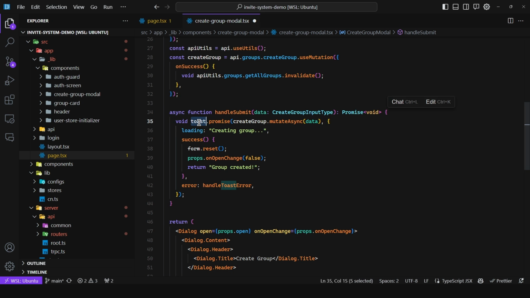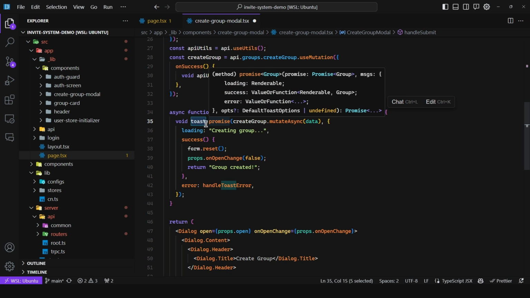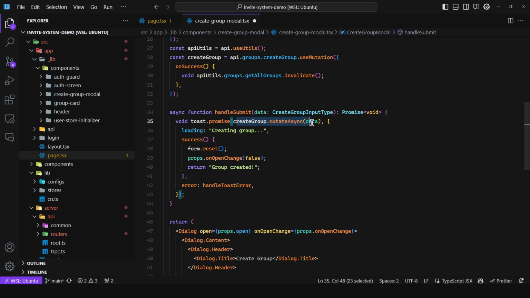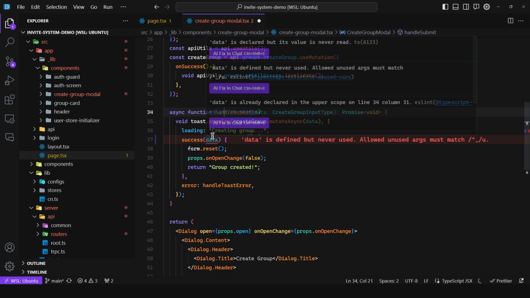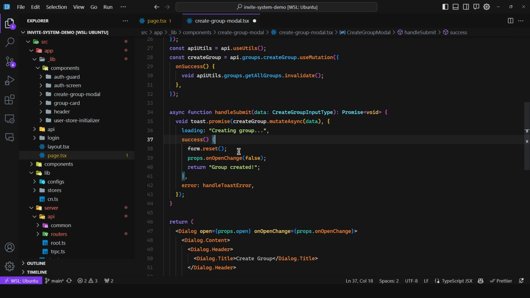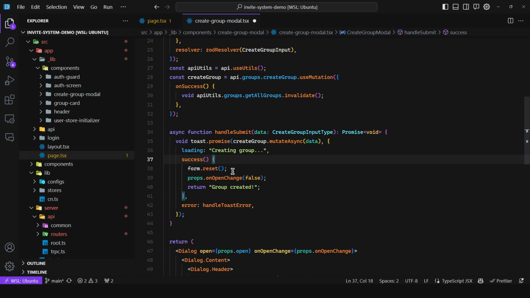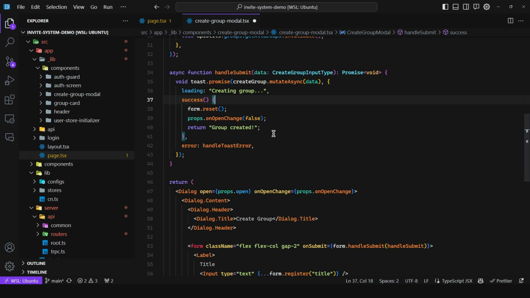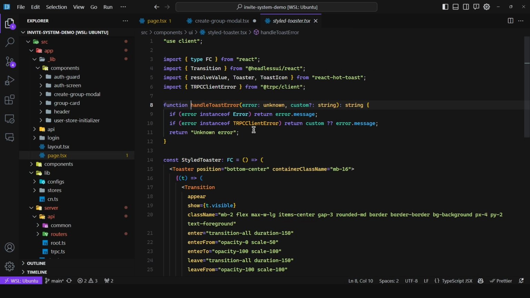And in the handle submit, we use React Hot Toast, which is great because it gives you a great utility for promises. So you can say toast.promise, you pass in a promise, and then while it's loading, it is going to trigger this message. On success, it is a function, so you can return either a string right away, like you're doing here, or you can invoke this function and get even the data from this mutation. As we can see, this should be of type group. So if you need to do some validation here, you can do that as well. But here, I just reset the form, close the modal,